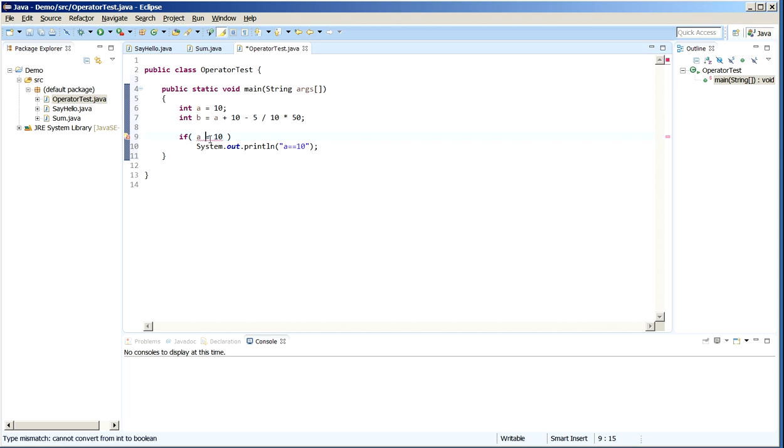You can change it to if a is less than, or a is greater than, or a is not equal to, or greater than or equal to, or a is less than or equal to, and it will print the statement beneath it only if the condition in the if statement is true. So like if I change it to a less than equal to 5, then